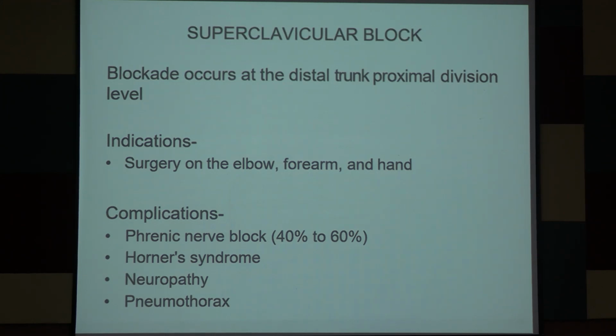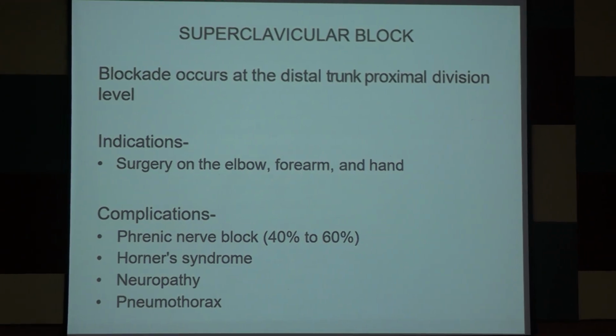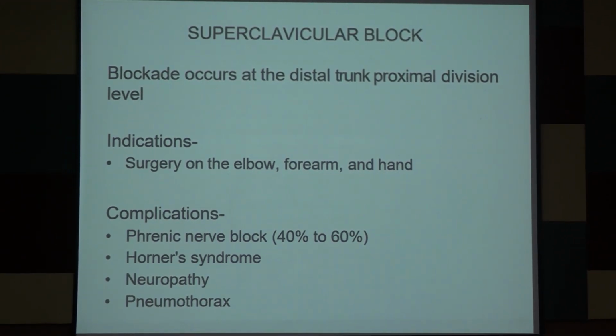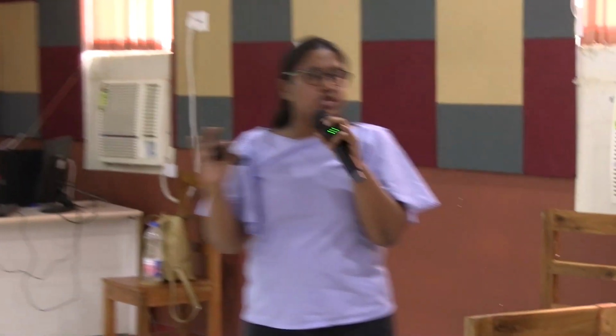If you are blocking at the supraclavicular level, just above the clavicle, what structures do you have? You have the subclavian vein, right? So you can accidentally prick the subclavian vein and inject your drug in that vein. That will lead to the complications of drug overdose, right? No local anesthetic, remember, is ever given in blood. Never ever should any local anesthetic be injected in blood because that leads to local anesthetic systemic toxicity. That is not a desirable complication. That is very difficult to treat. Only lipid emulsions can treat it.